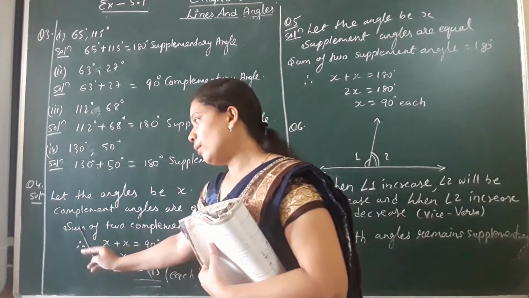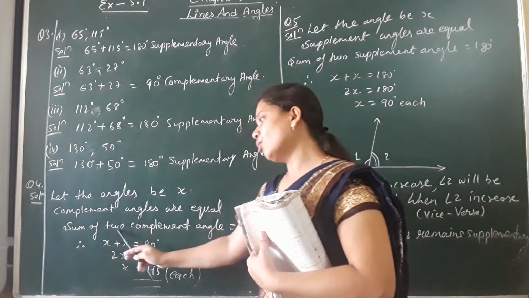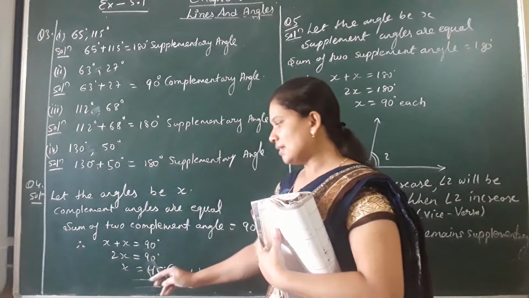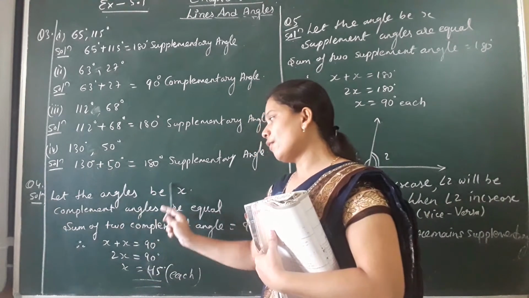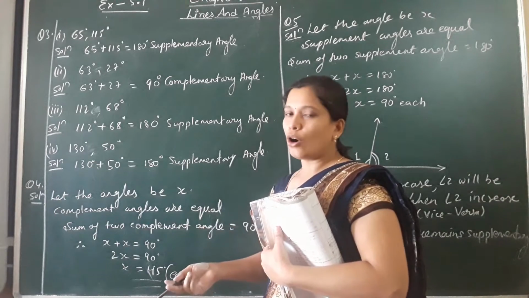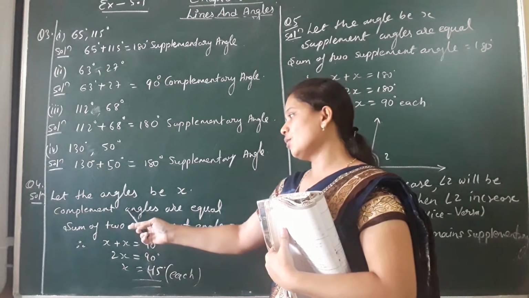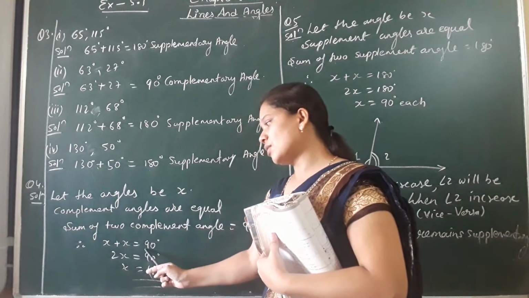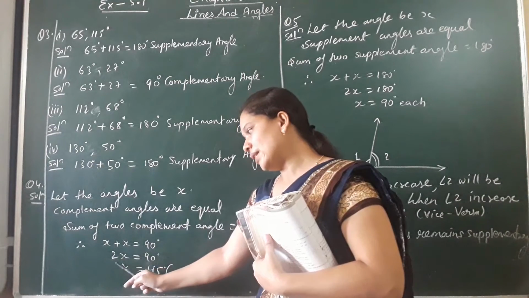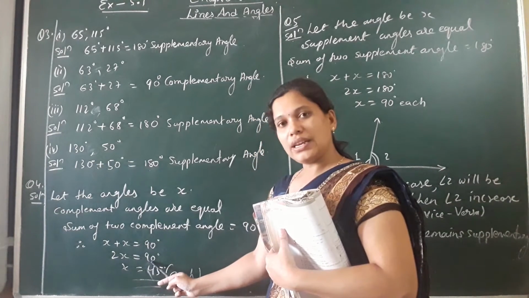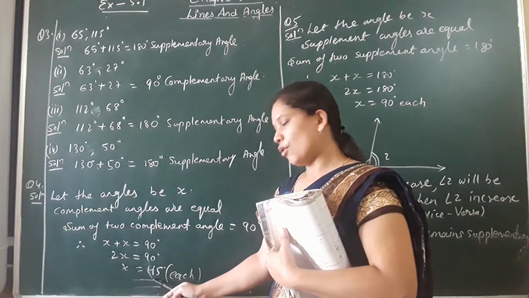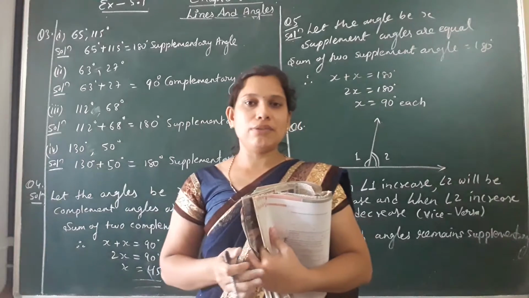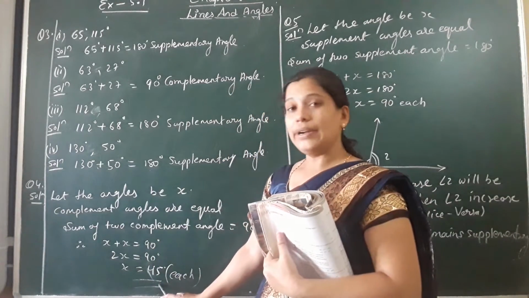As we know, according to the definition of complementary angles, the sum of the two complementary angles is equal to 90 degrees, and both the complementary angles are equal. Hence, if we consider one of the angles as x, the other angle will automatically be equal to x, as the question says the complementary angles are equal. So x plus x is equal to 90, x plus x becomes 2x, then 2 goes to the denominator of 90 and gets divided, so x is equal to 45. So 45 plus 45 equals 90 degrees. So this is the complement angle.